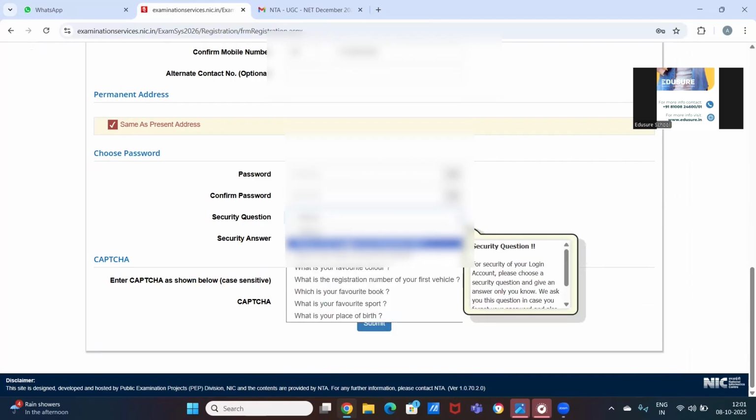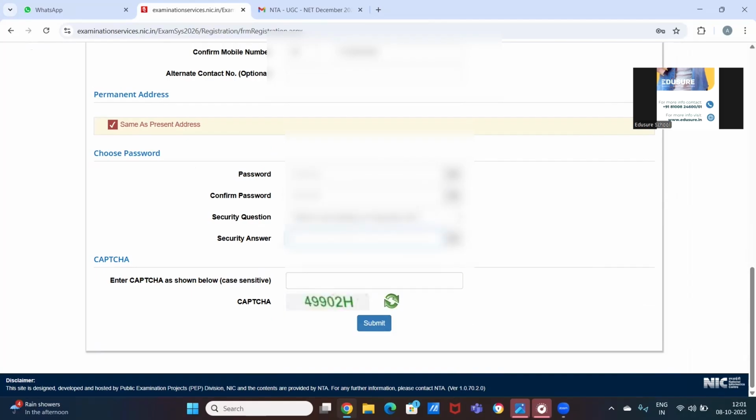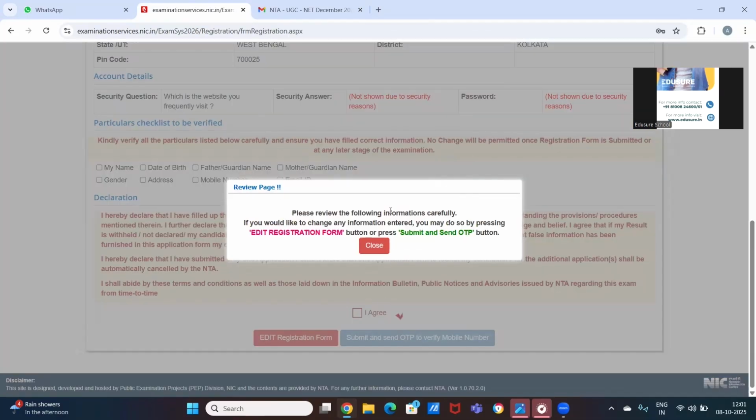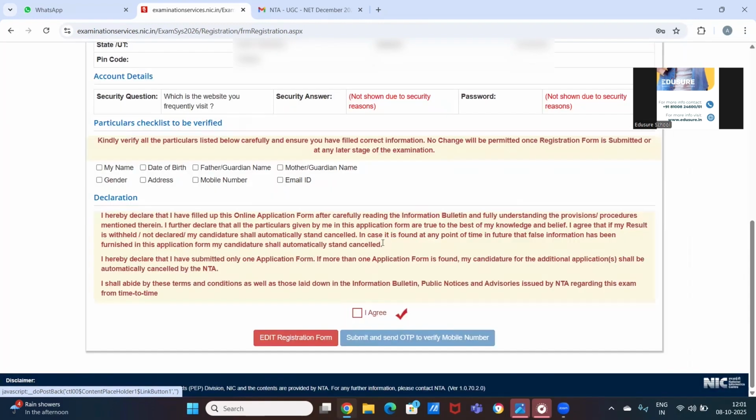And then choose your security question and security answer. And then enter the CAPTCHA. And please be careful that the CAPTCHA is case sensitive. Once that is done, you can click on the submit button.